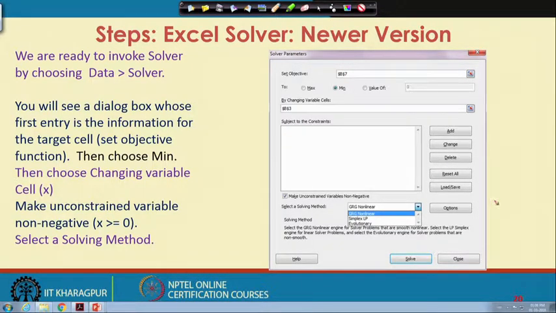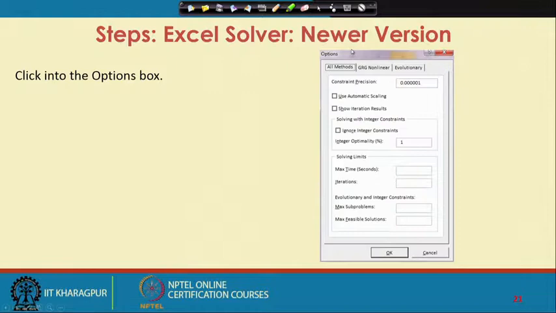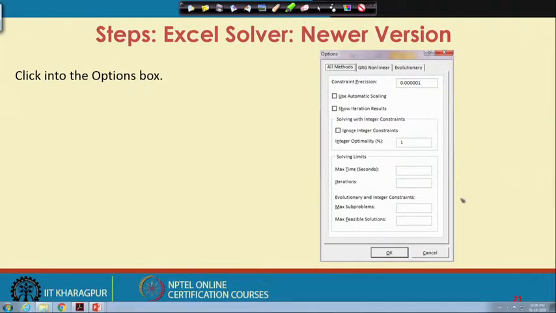Again, you note you have an option button here. So, if you click on the option button, you will get a window like this. So, you have options for all methods, GRG nonlinear, evolutionary method, etc.